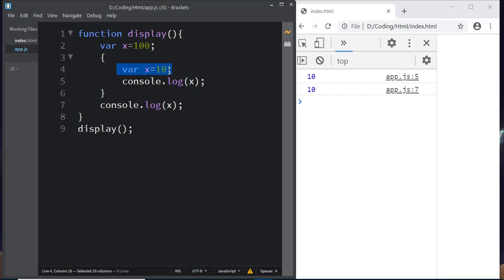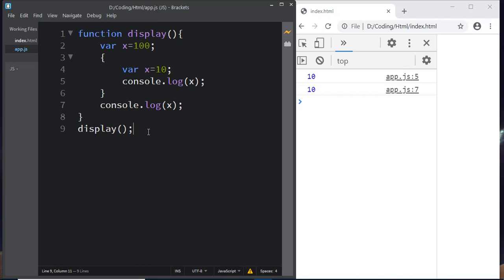So which means the declaration and assignment you did inside the block is affecting the variable which is declared outside of the block. Generally in JavaScript we don't declare the same variable again like this. But when you have lengthy code, you might forget that you already have a variable called x outside of the block. So accidentally you might declare it. In that case it will affect the value of the variable declared outside of the block, because it doesn't tell you that the variable already exists.